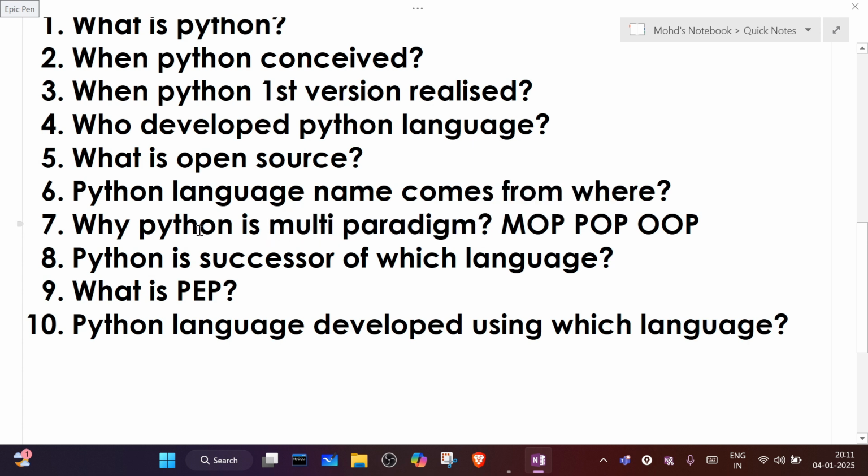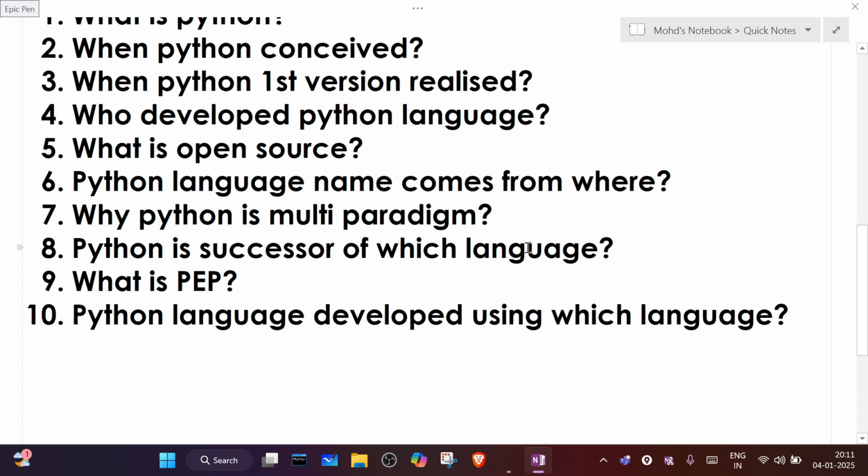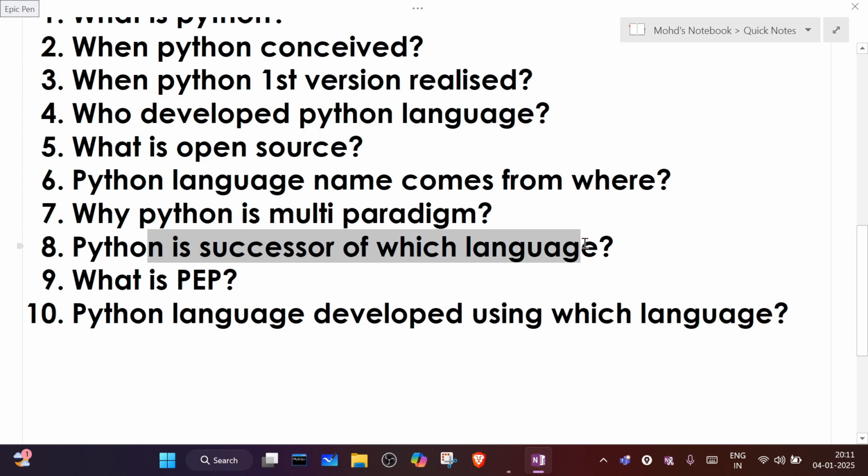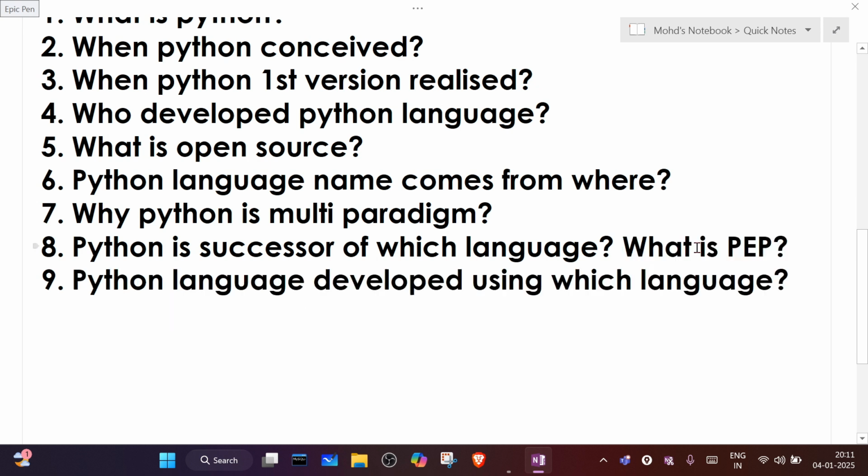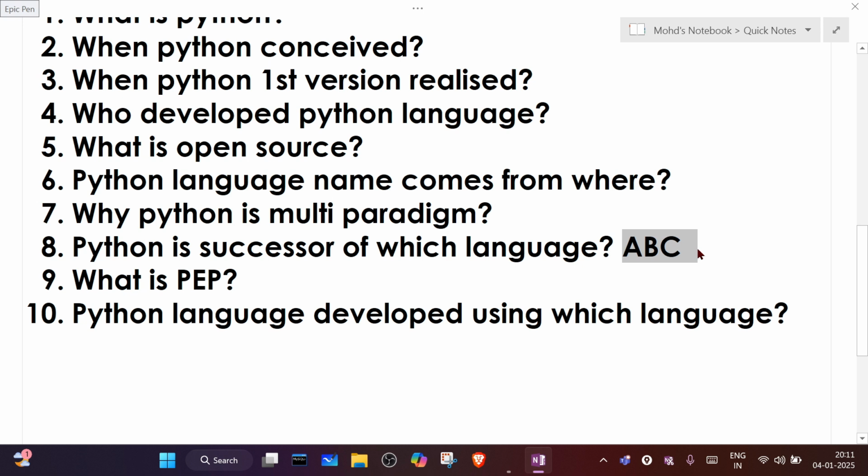Python has taken features from other languages in order to enhance the capability of this language. Python is a successor of which language? Anyone knows? Python is a successor of the ABC programming language.